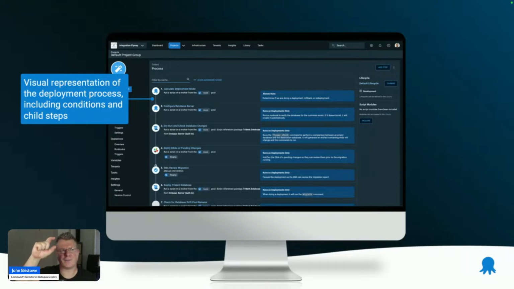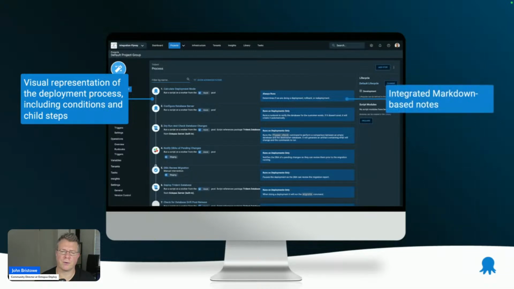So you can say, if step A succeeds or fails, run step B or step C. You can also have child steps, so in a sense, you can have them fan out into different branches of execution. We integrate Markdown. That's really important if you're working in a team and you want to share what these steps do, and articulate or document what your deployment process is doing.